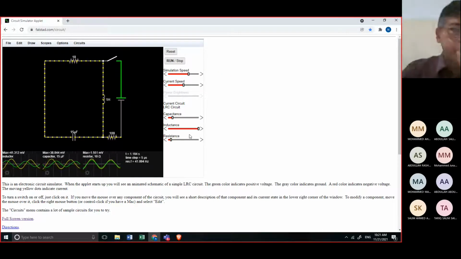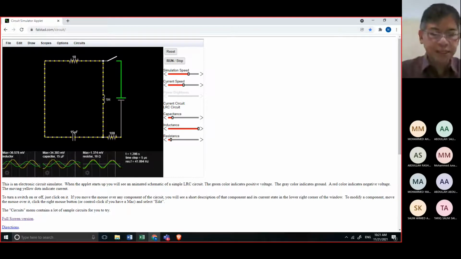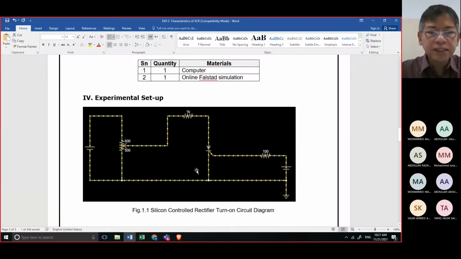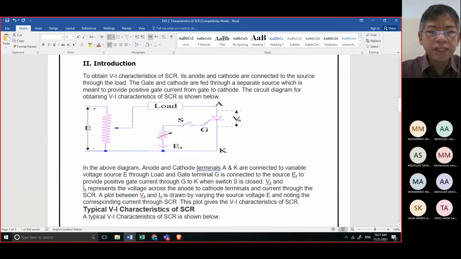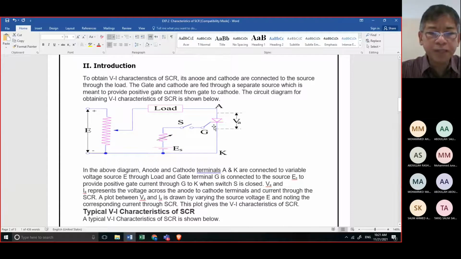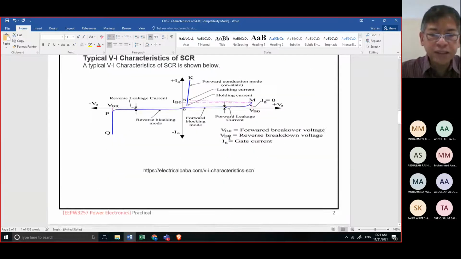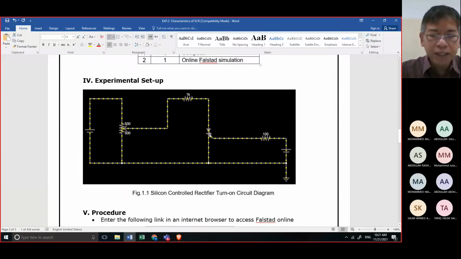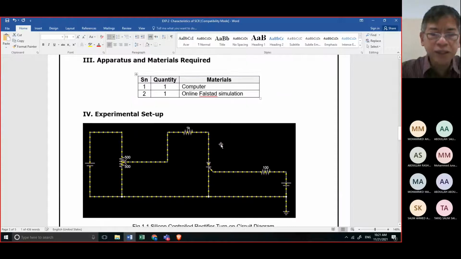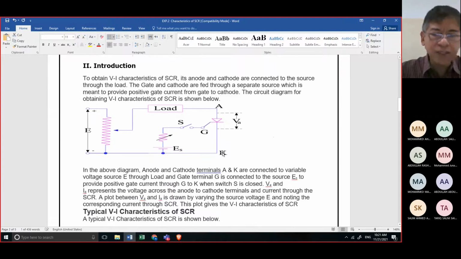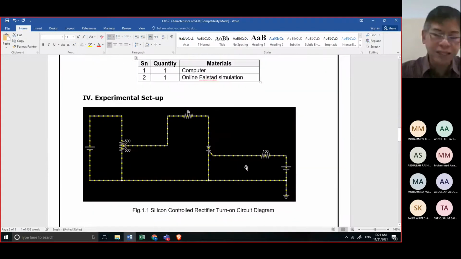So we will start to do the circuit diagram. Our circuit diagram is like this. If it is difficult for you to do like this, it would be better if you do like this. But if you don't know how, the gate is on the left side, you can also do the gate on the right side. It's up to you. As I told you, you can do the gate on the left side or the gate on the right side.